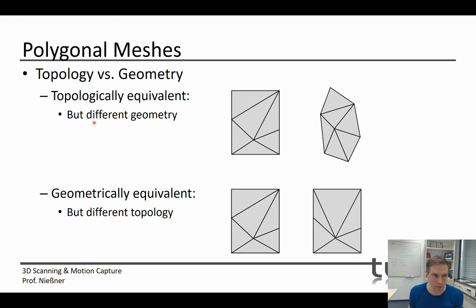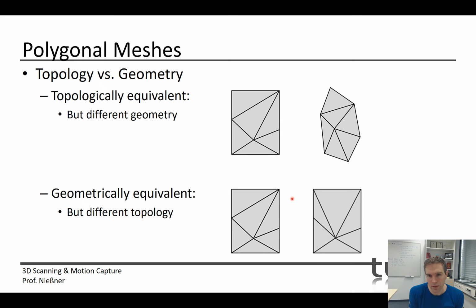And here, the topology is basically the vertices, like this graph basically, and the edges. This is the same here between those two, but the geometry, i.e. the absolute sizes of each of these primitives, is actually different. So the geometry is different, but the topology is equivalent. This one here is the opposite. This one here is geometrically equivalent, but the topology is going to be different in order to represent the same